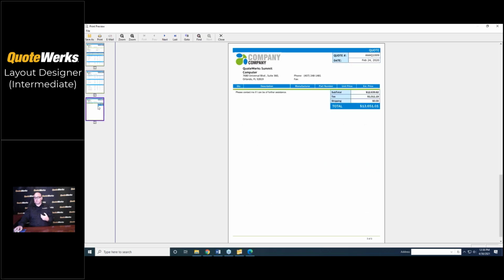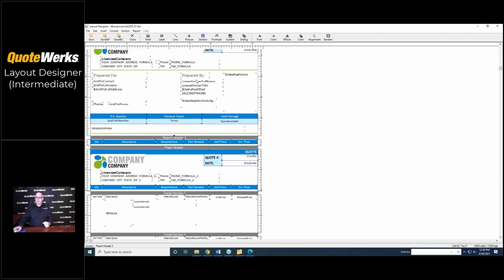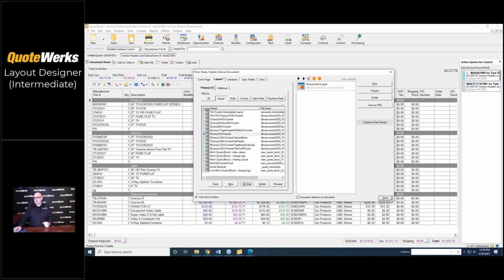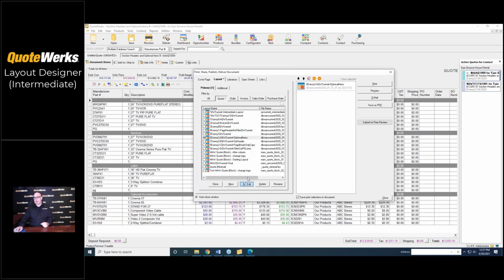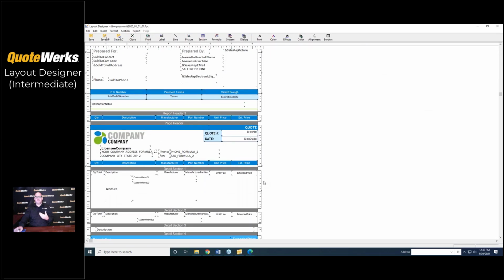Now, that's all well and good. We've broken that up, but now I've got these optional items down at the bottom here, and I want to handle those a little bit differently. They look fine, but I want them to really pop out to the customer. I want them to see those items, and I want them to know that those items are optional at a glance. So what I want to do is edit my layout, and I want to filter for